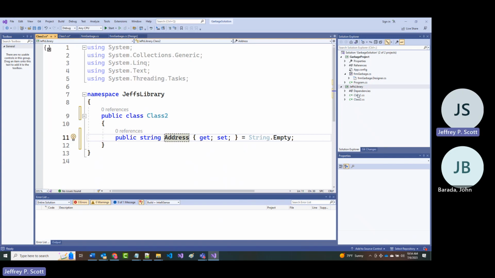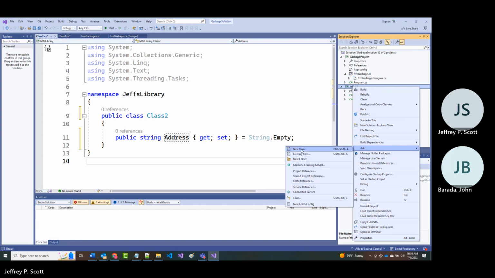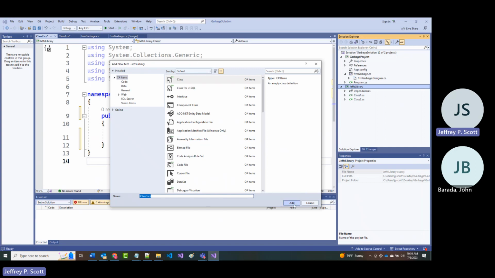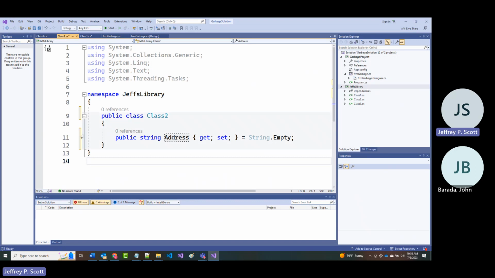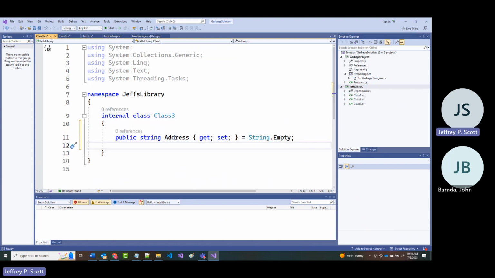Now I've got 2 classes, class 1 and class 2. Okay. Now I'm going to go back and add one more. Doing this off the top of my head, so I sure as heck hope it works. And this will be class 3. All right. And let's go back to here. Grab that. All right. And I'm going to put in here city.